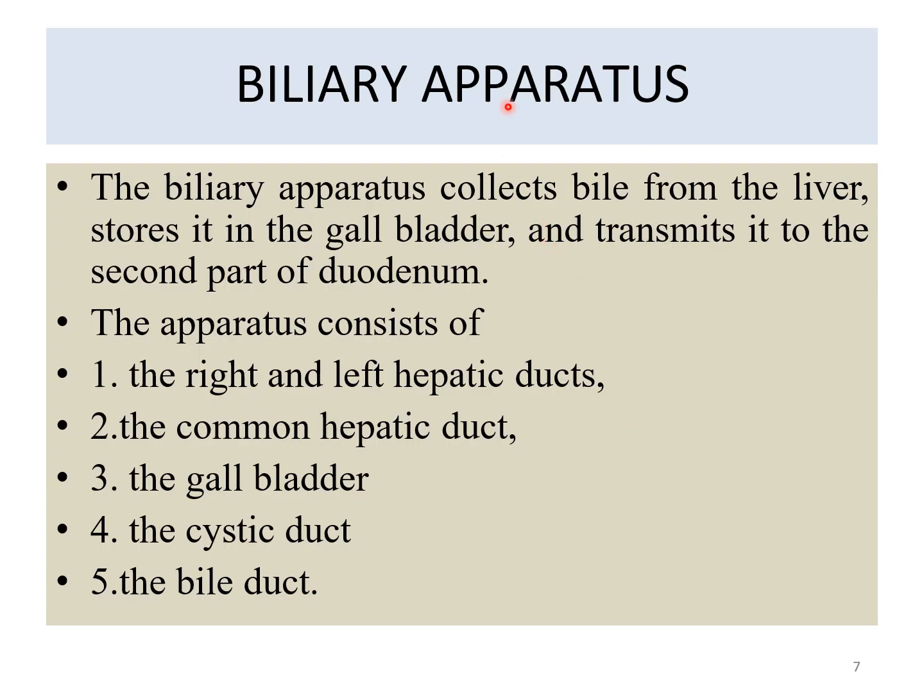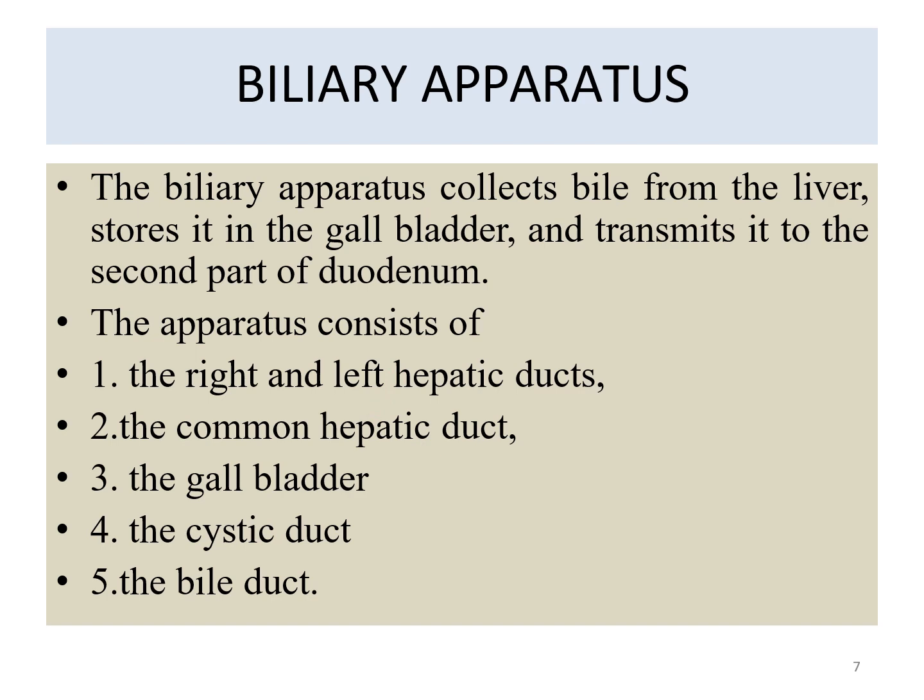About biliary apparatus. The biliary apparatus collects bile from liver, stores in the gallbladder and transmits it to the second part of duodenum. The biliary apparatus are those structures which collect bile from liver, store it and transmit to the second part of duodenum. It consists of right and left hepatic ducts, the common hepatic duct, the gallbladder, the cystic duct and the bile duct. About the structure of gallbladder we have just seen, and in the following slides we will see the remaining